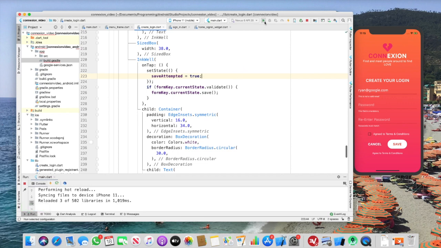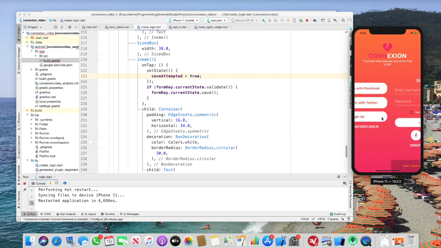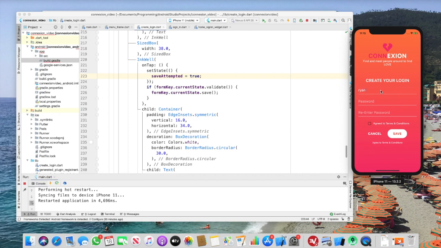So let's do another try. Ryan. Save. Doesn't work. And now it automatically does. And if I do password, it's good. Passwords must match. W-O-R-D. Okay, perfect. All right, so now we have our form validation working, which is sort of annoying to work